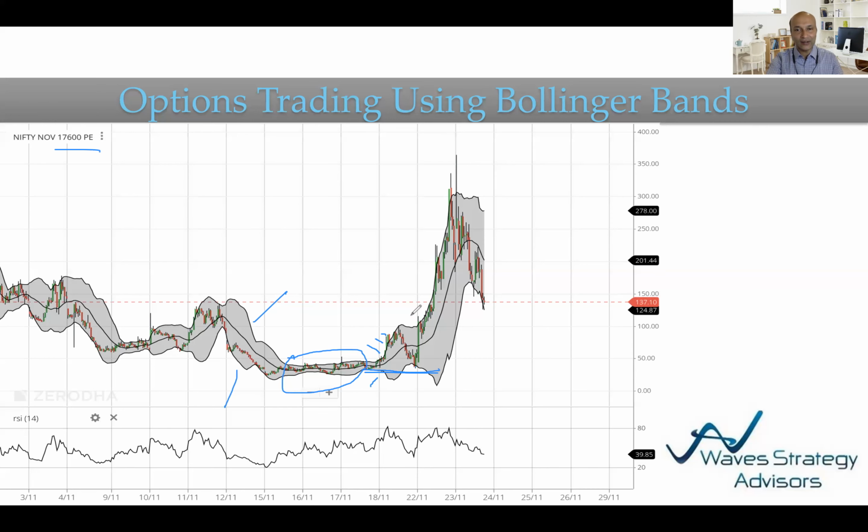But then again, the next move that happened, we would have re-entered at this point, because this candle formed a green candle, closed above the upper band, and the next candle took out the high here. And from this level, which is around 110, 115, the put option went sharply up towards the level of 300. Yes, that's like a multi-bagger in a day, right? From 115, you went up to 300. And where do you get out? That's the question. You get out when you see a reversal red candle below the upper end of the band, closing below the prior candle low.